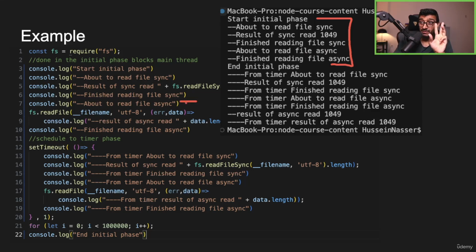Just the "about" of them, right? And then finished. Well, really didn't finish, did we? We just scheduled it. I should change the wording here, but you know what I mean. And then we start the timer phase, and then we're about to do a sync read. We finished. We schedule an async read, which goes to the poll phase, and then